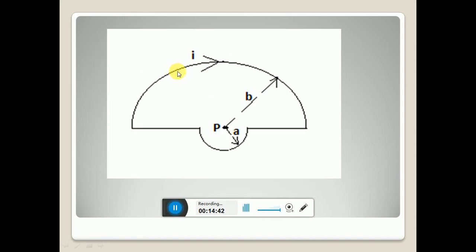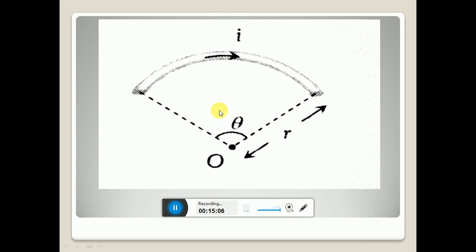And this is another application I want to give. So try to do it and check with the previous answers. Here I don't want to give the answer, so try to do it on your own. Every part is very well known to you. This is one semicircle and this is another semicircle. So try to find out the resultant magnetic field value as well as the direction of that magnetic field.